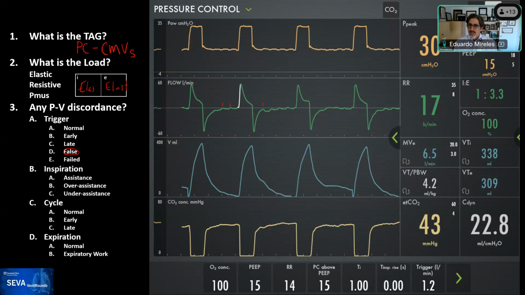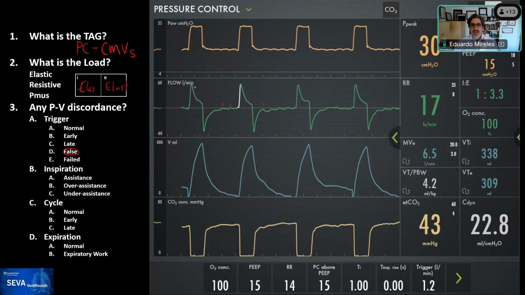It's very subtle, but it's there. So I want you to take a look carefully at the waveforms. And so yes, Roberto, high quality. So if we see the waveforms, look at the flow waveform, and remember that the exponential decay is dependent on